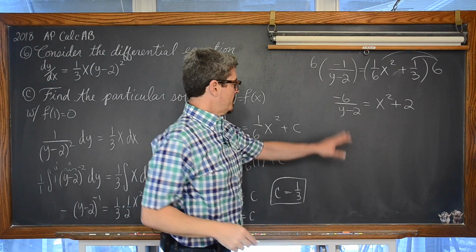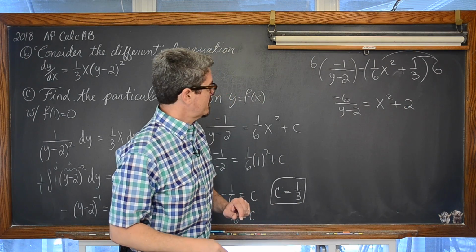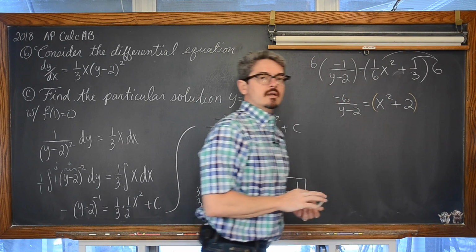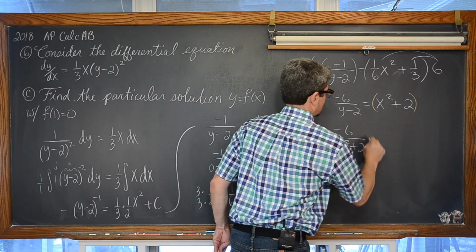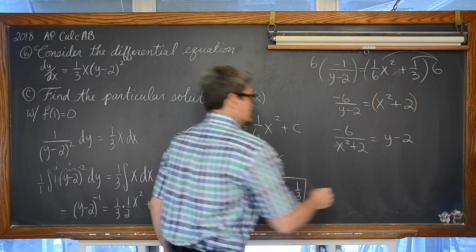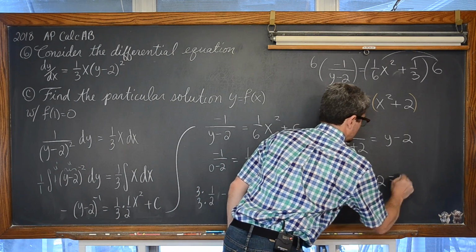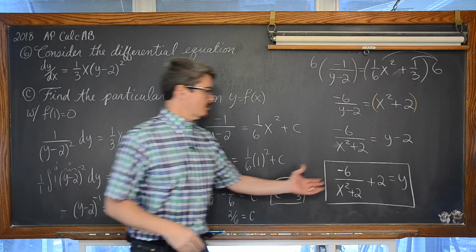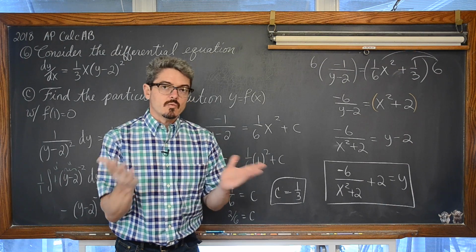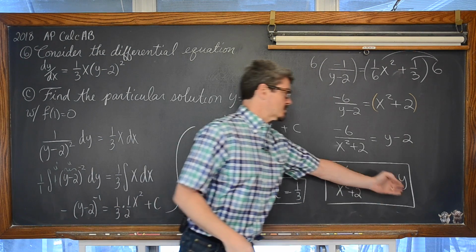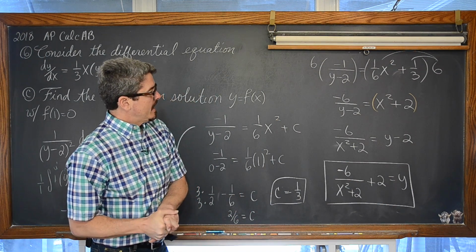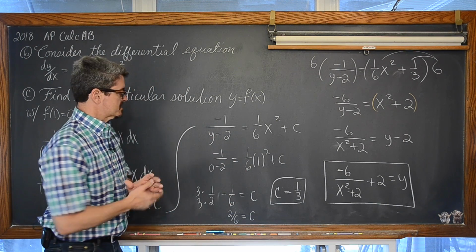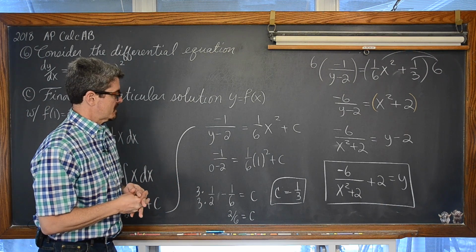We're going to multiply both sides by y minus 2, and actually at the same time we're going to divide both sides of the equation by x squared plus 2, and then finally add 2 to both sides. They are not generally happy with your final answer when you're solving separable differential equations until you get y by itself. Sometimes it's okay to get like a y squared or y cubed by itself. And, you know, the math is getting a little bit tough. Of course, this is an AP Calculus test. We should be expected to do some fairly complex algebra.